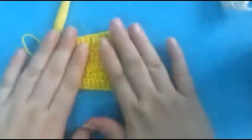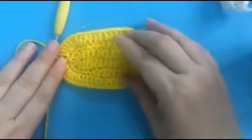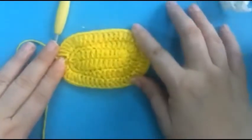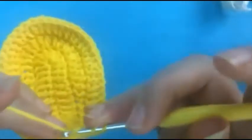Now this is our 0 to 3 month baby shoe sole. Let's start. Chain 3, 1, 2, 3, and double crochet